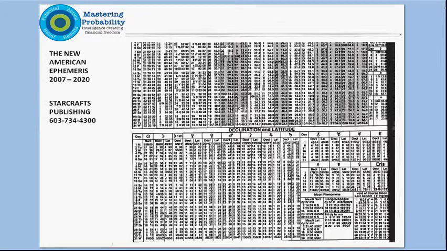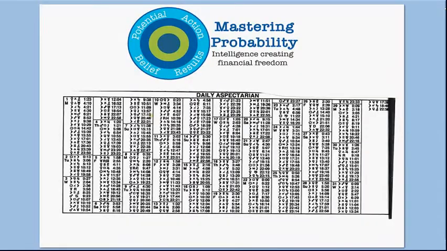One of the things that we do, a couple of different things during this webcast, is take a look at the celestial aspects. I recommend that you pick up a copy of the New American Ephemeris. You can pick this up here at Starcrafts Publishing. On the Celestial Charting webcast, if you go through some of the archives, we spend a little bit more time going over this information. Up here is really just the moon phenomena that we take a look at, and in the lower section of the ephemeris is the planetary alignments.